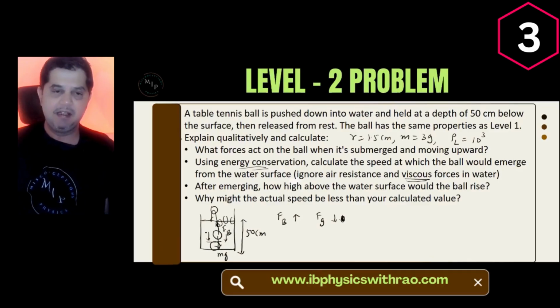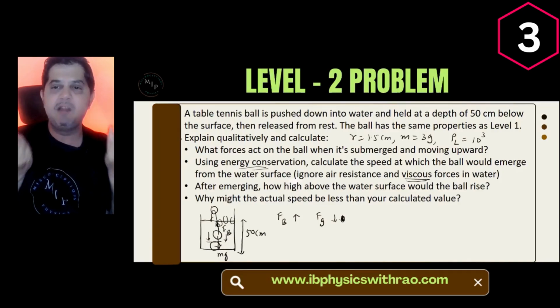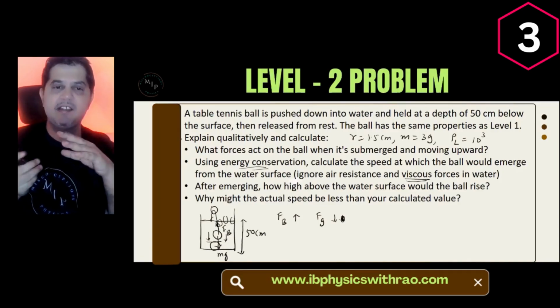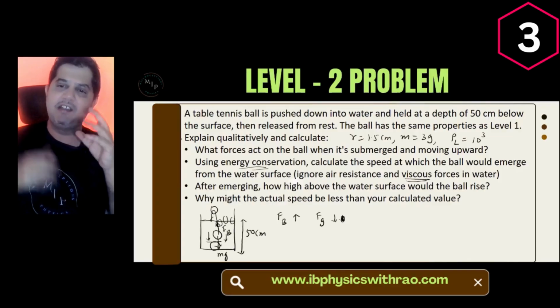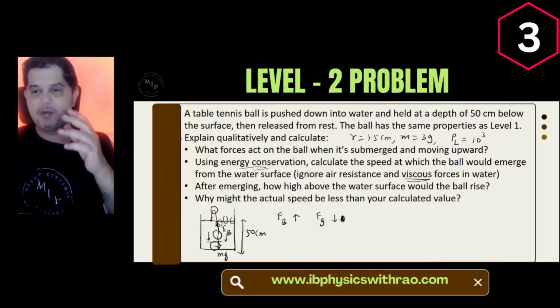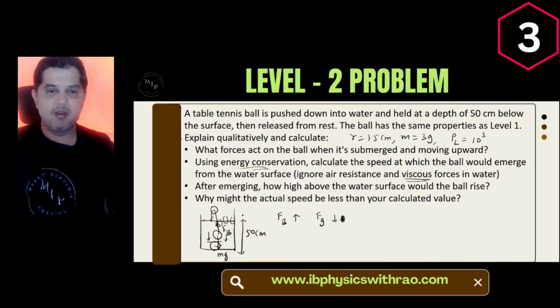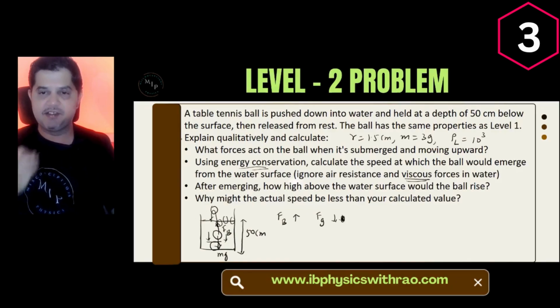It goes upwards. And then it goes to a certain level until all its kinetic energy becomes depleted or becomes zero. And then it says, "Arey, I don't have enough energy, gravity is still pulling me, so I have to come down." It still comes down, right? Okay, so therefore you need to find out this. How do you do this is the question. So towards it, what we do, we find out